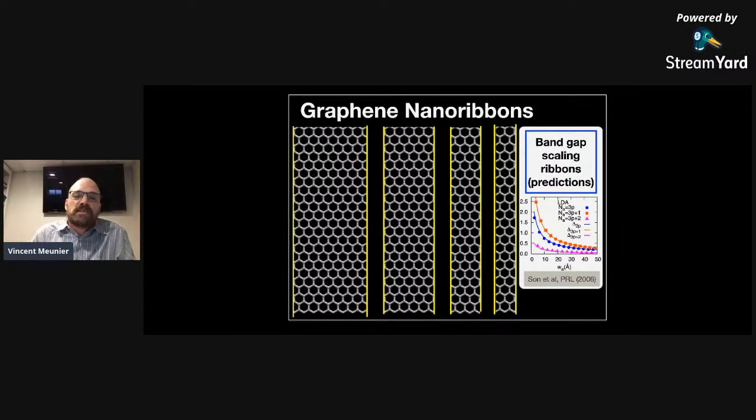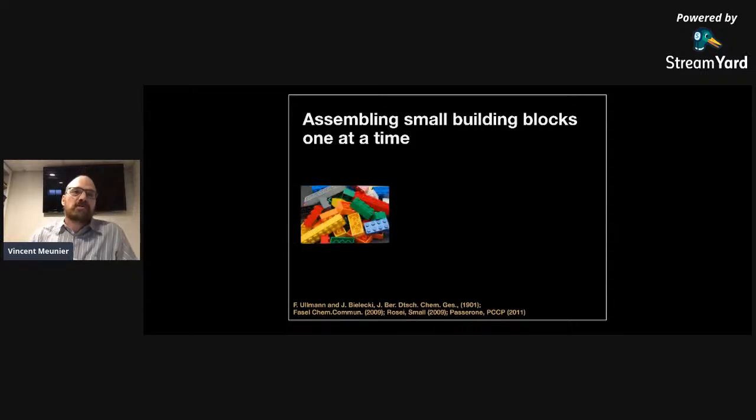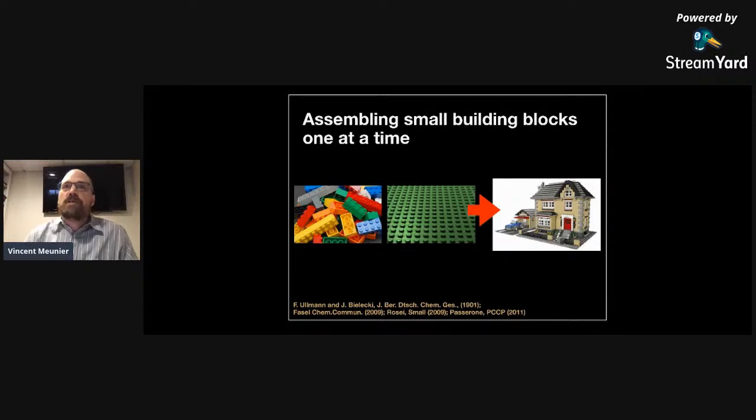Now, the problem is that if you do that, you need to have something extremely clean. Otherwise, you have the decoherence I mentioned before. So you cannot really manipulate or predict. So what would be great is if we could just do like we did when we were kids and play with Lego blocks. If we had some Lego blocks and put them on a surface and create something that we want, highly ordered, that'd be great. Because then we could predict what's happening.